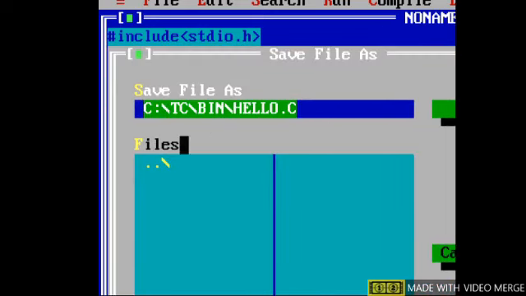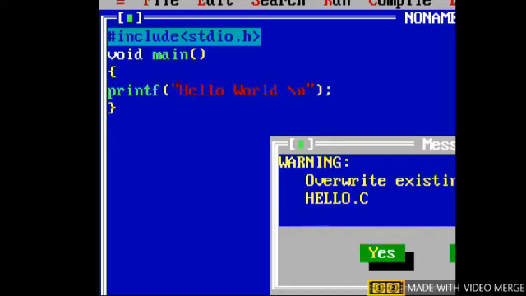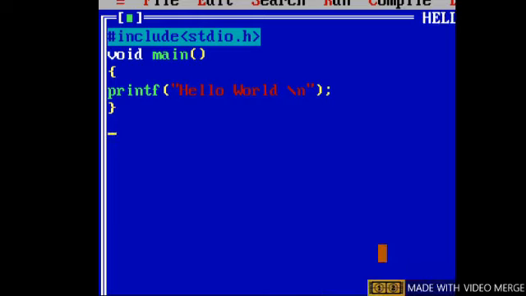After giving the file name hello.c, click on the OK button. It overwrites, yes. The file is saved as hello.c and compile the program. Alt F.